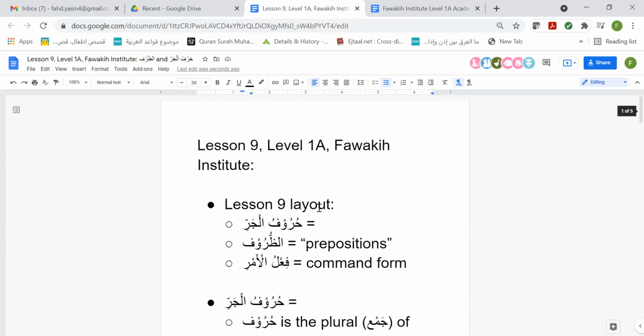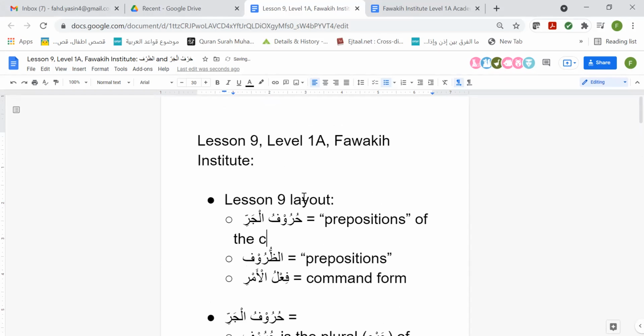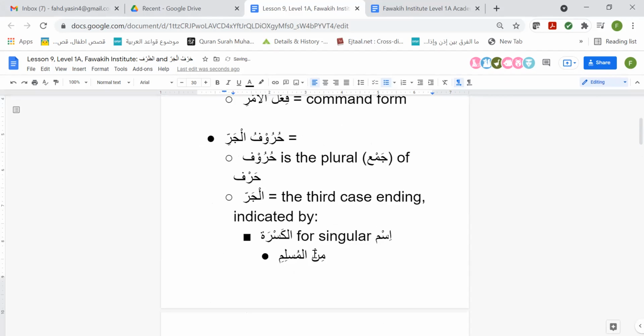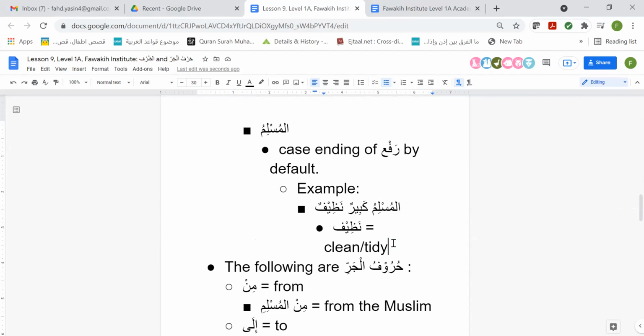In the meantime, we just covered the huruf al-jar. How would I translate this? Oh, yes, Mizan, did you raise your hand? Assalamu alaikum. Yes, I did. Sorry, I came in late, so you might have translated it already. So is the translation, the Muslim is very clean? Yeah, no worries. Where is it right here? Oh, yes, good point. I didn't translate this.